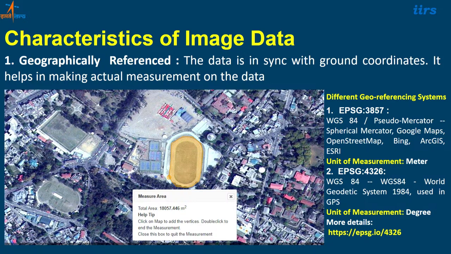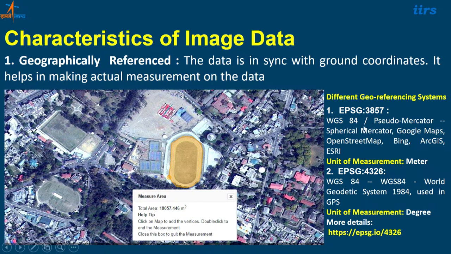I think you will be covering more detail in the Python programming. By taking one image, you can know what the coordinate system of this image is, or what kind of georeferencing this image has. There are certain small codes in Python which you will learn in the coming lectures, by which you can know the referencing of the image, and you should do it also. Some of the referencing systems, if you see here, are like EPSG 3857. These are codes that are generated. EPSG means European Petroleum Survey Group. This is one agency which has created codes for the referencing systems.